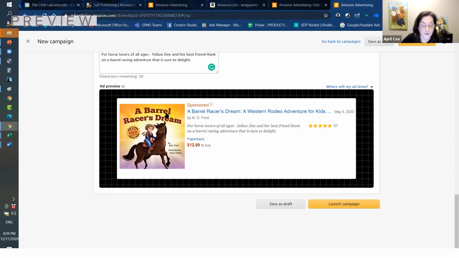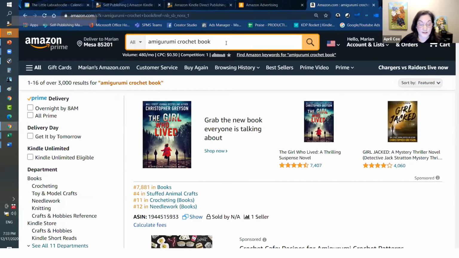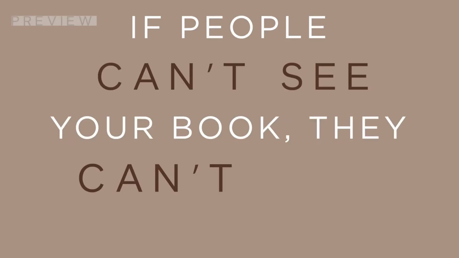If you have a very unprofessional cover that looks like a child created it and it just is not attractive, you're probably not going to get any clicks on it. You're going to lose people, so you'll end up paying for a bunch of clicks. The whole goal is to get seen, because if people cannot see your book, they can't buy your book.